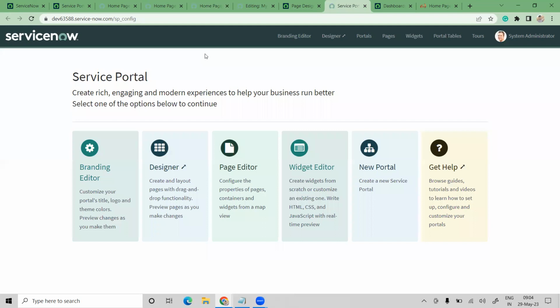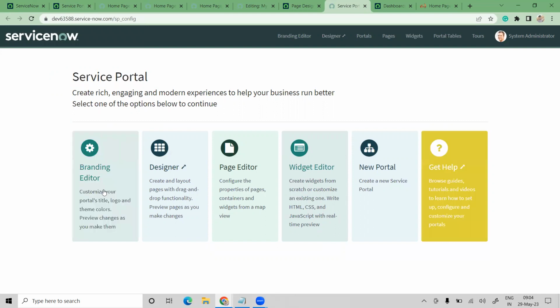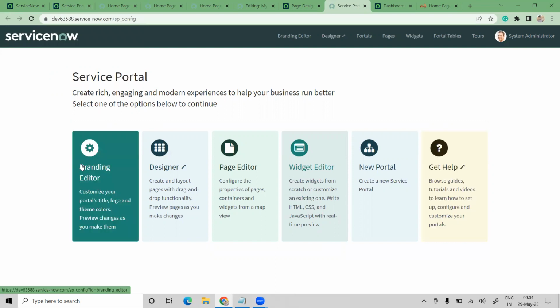So here we can configure whatever we need. Let us discuss each and everything. See, we have the content, the short description regarding that specific section as well. See, branding editor is something where we customize the portal titles, logos, colors, and preview changes and everything which we make here. So if I click on this,